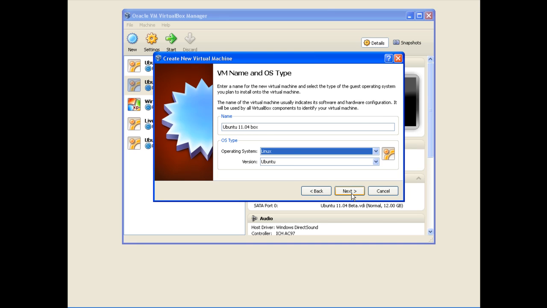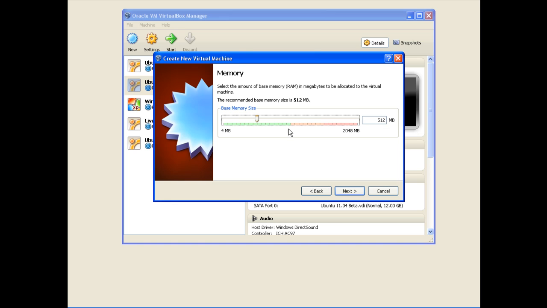As you can see, the green portion of this slider indicates the memory that I can allocate to this virtual machine safely. The software tells me that the base memory size that they recommend is 512 megs of memory. However, I have 2 gigs worth of RAM in my physical computer, so I'm going to bump this up a little bit. Be a little risky. I may have to adjust this later depending on my screen recording and memory usage, but we'll tackle that later. Here we can set up our new hard disk,